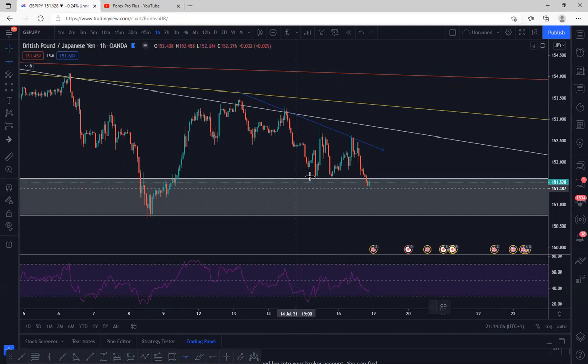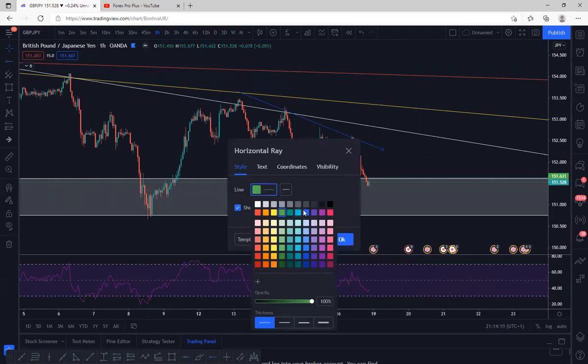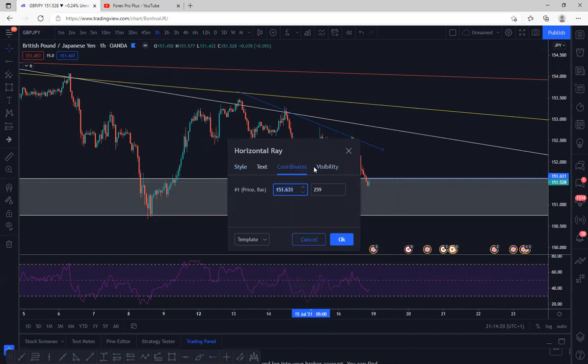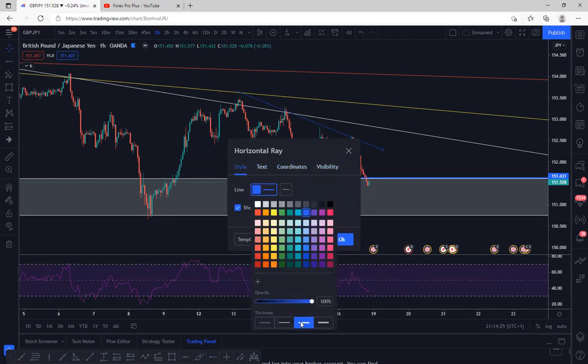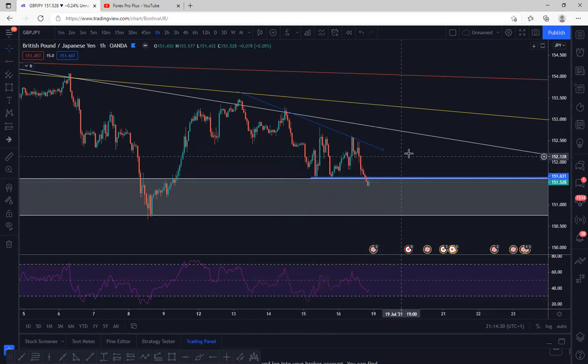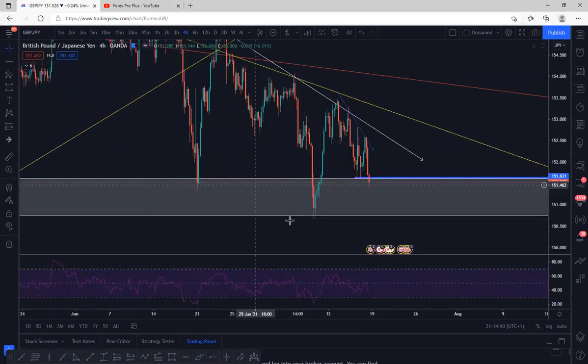Let's use this level here, okay, this blue line. So we can definitely take our entry here because it's retesting this in 1 hour. And also, as I said, in 4 hours it has broken it. So I expect the prices to go down, and